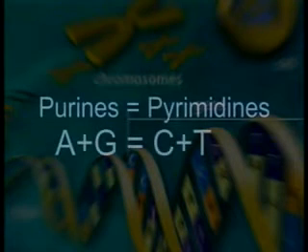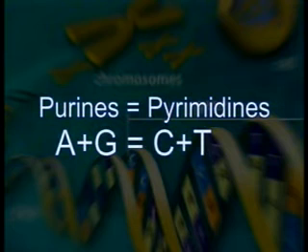From these relationships, it follows that the sum of purine residues equals the sum of pyrimidine residues. That is, the sum of adenine and guanine equals the sum of thymine and cytosine. Therefore, in no case were the quantities of all the 4 bases equal, which would be expected on the basis of Levene's